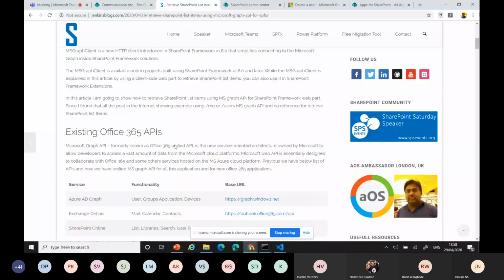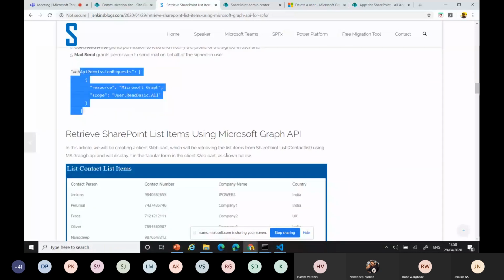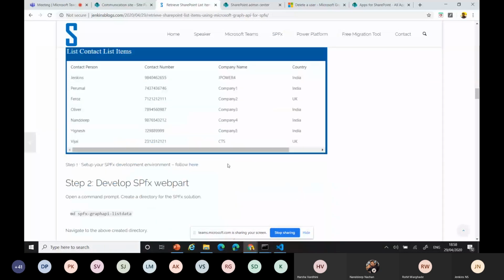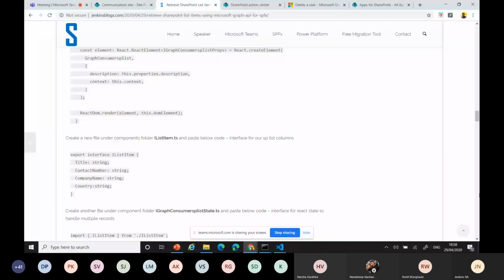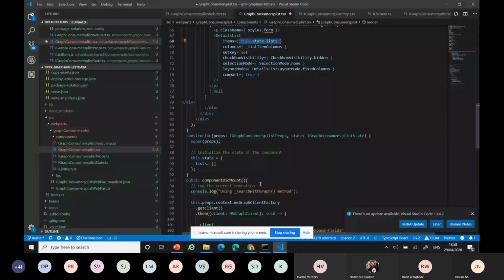You can read all the steps, and what we can understand: how to use the permissions and how to develop the same application line by line. I explained it. You can follow these and do the same thing, and you can build your applications.